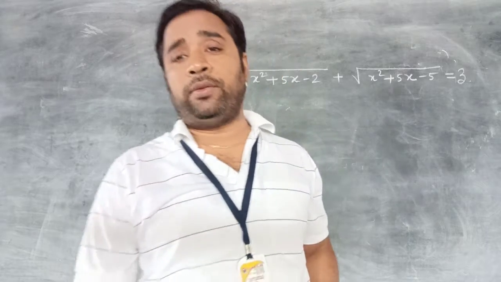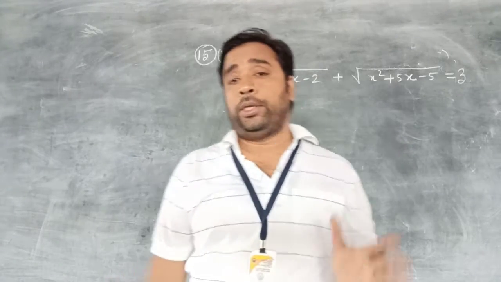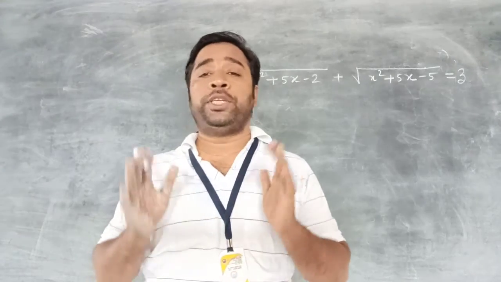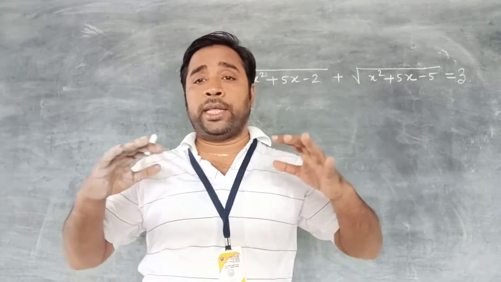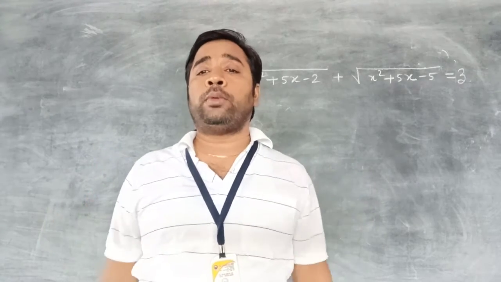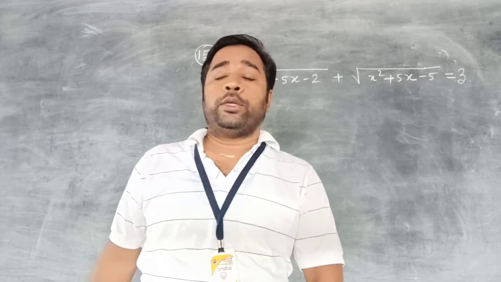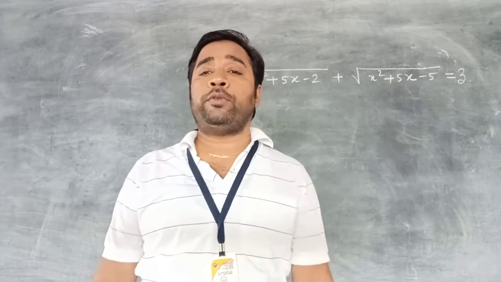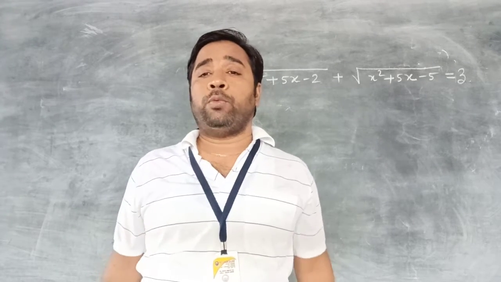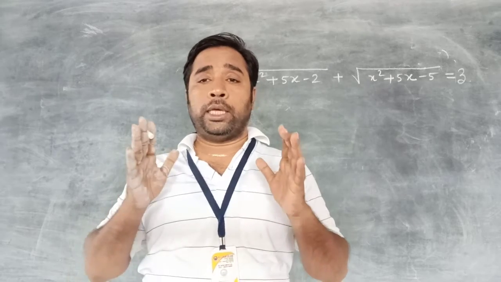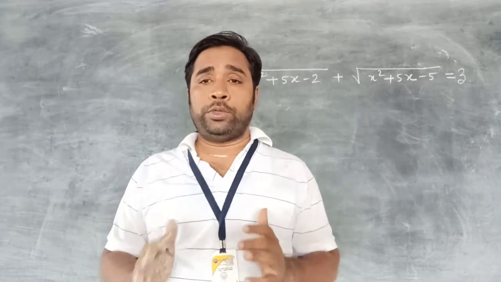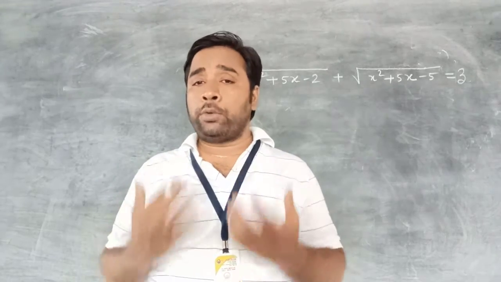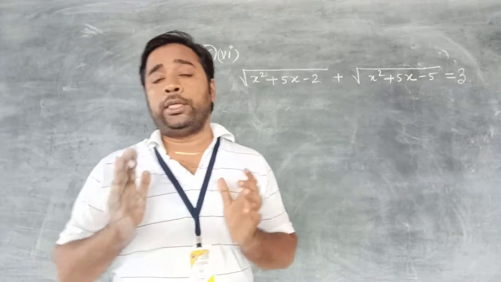That means question number 5, A15, is very important, because every year a question like this will definitely come in the exam, and there are different ways to solve these equations. In the last class I solved till question number 5, and one by one I told you the rules. Among all the rules, the most important rule is what?